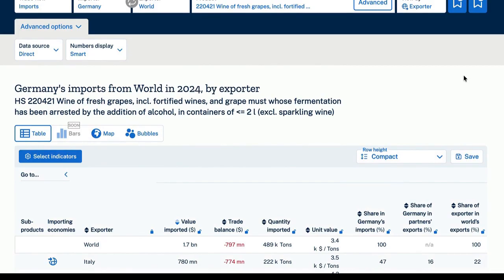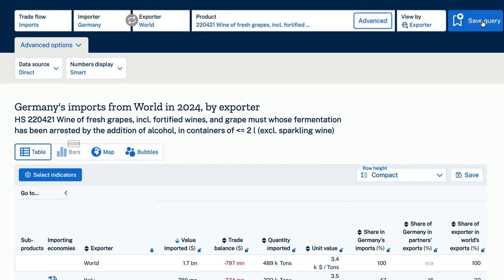But besides saving the content, the result, what's also very interesting about this version is that you can also save the search itself. Instead of having to do imports, Germany, wine 220421 again tomorrow, as you can see at the top right, you have the option to save query. The thing is, it's giving me an error because I had already created this one. You give the search the name you want, and then we go directly to load query. In this case, I had called it Wine Germany, and the search is already set up for you. You can then save several searches, so when you need them again, you just click on the saved search with the name you gave it, and it automatically loads the country, flows, and the data you requested.